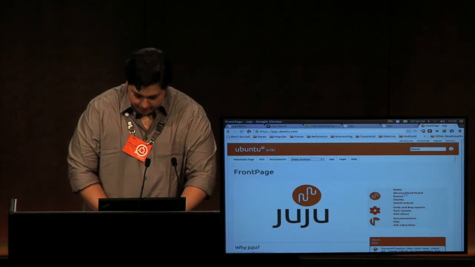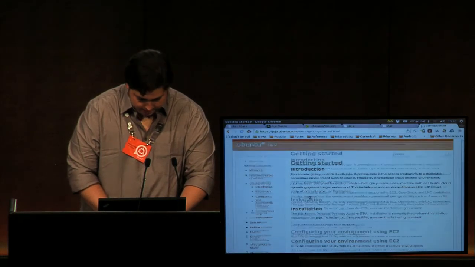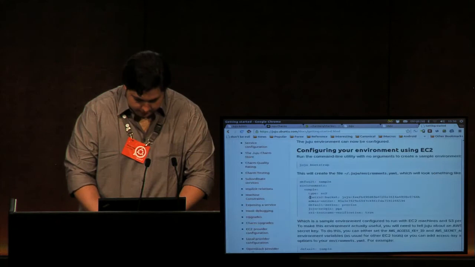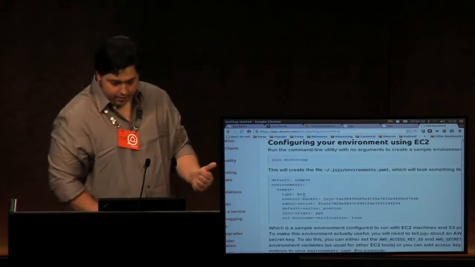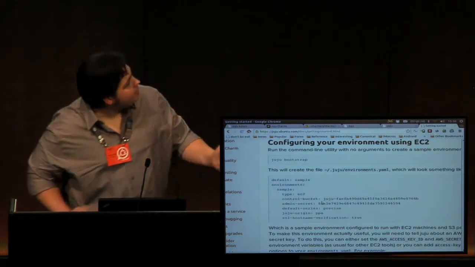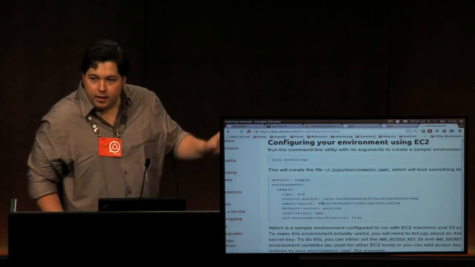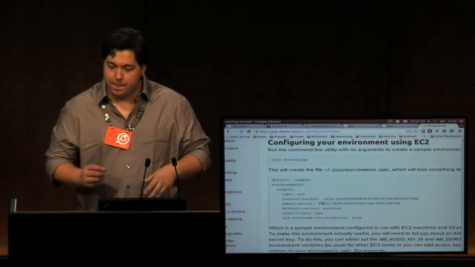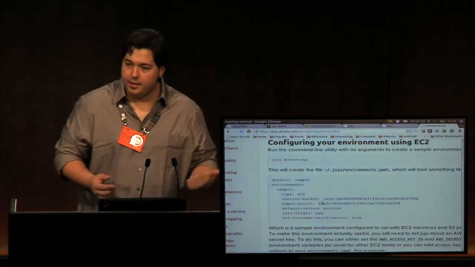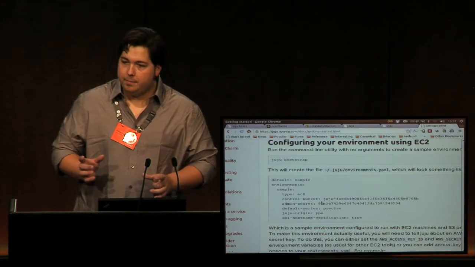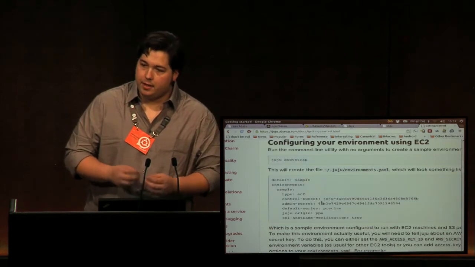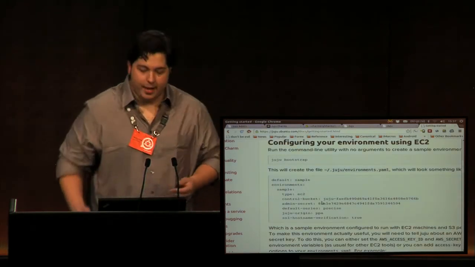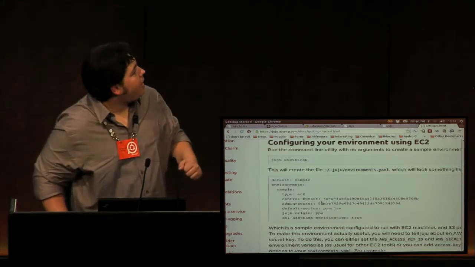But the getting started guide is pretty in-depth on what you need to do to get started. Documentation. Configure your environment, right? Yeah. So these are essentially the keys that are in my YAML file right now for EC2. So I just set up, tell it it's EC2, the control bucket. Juju uses S3, or whatever storage is provided by the provider, in this case S3, to track a couple of key components and also cache the charms you deploy. So every time you deploy or add a unit, it's the same version of the charm that the other ones in the environment use. That way you don't get weird version mismatches. The admin secret, of course, and